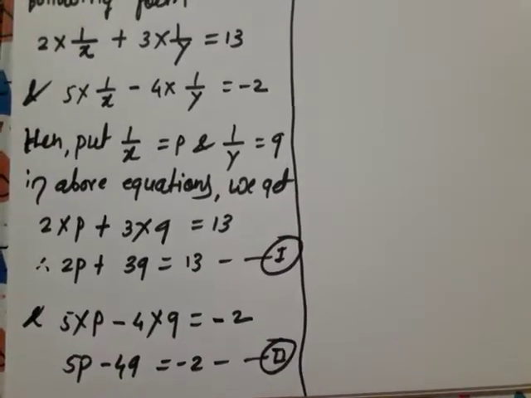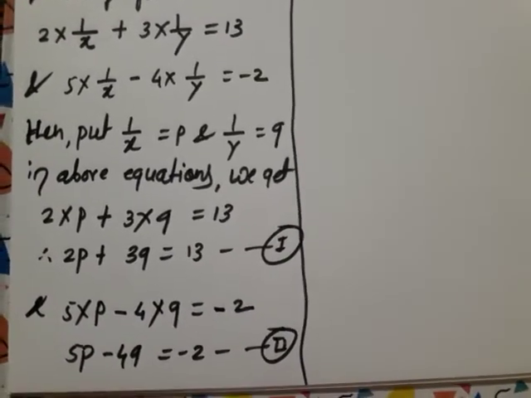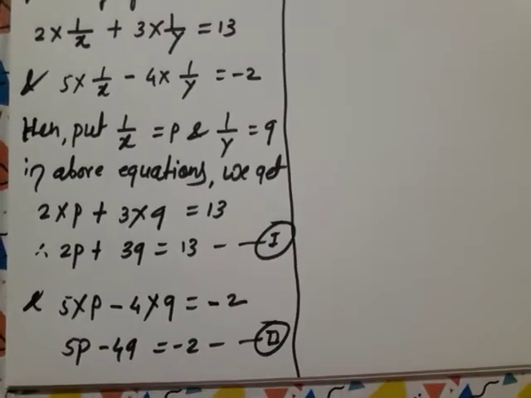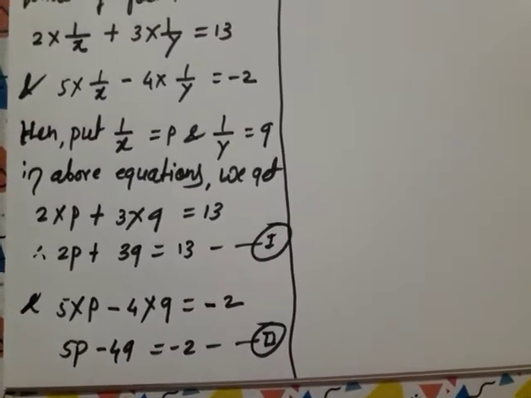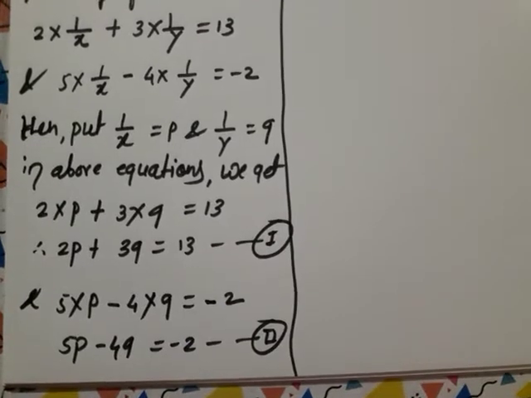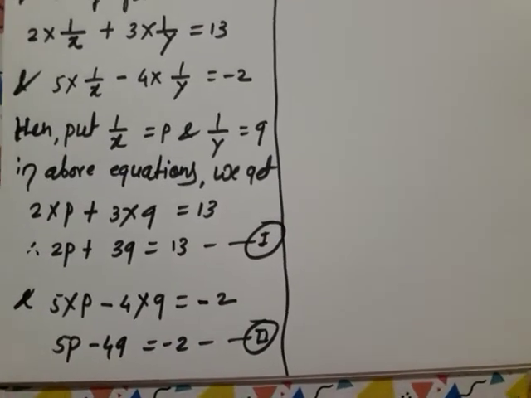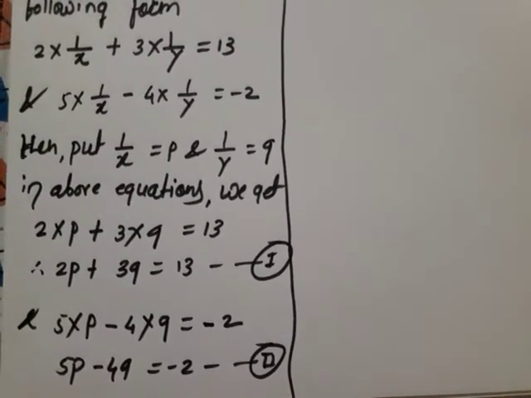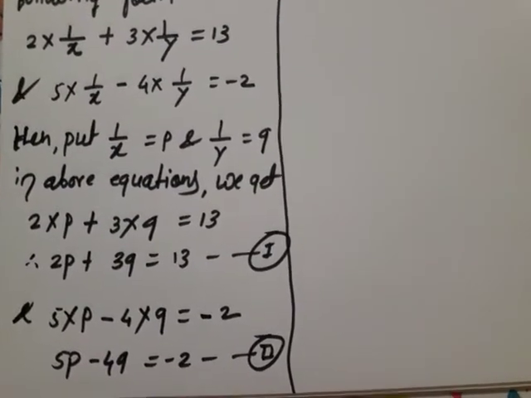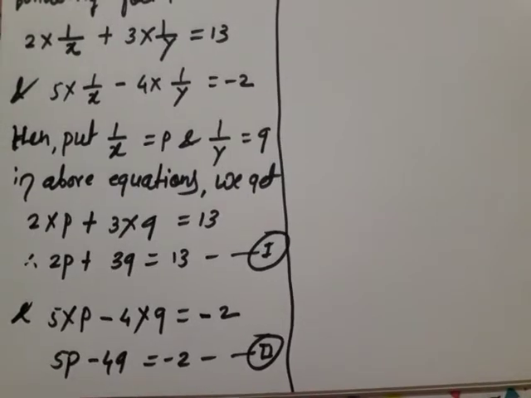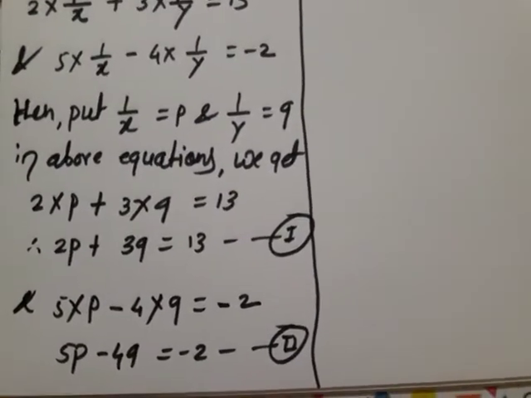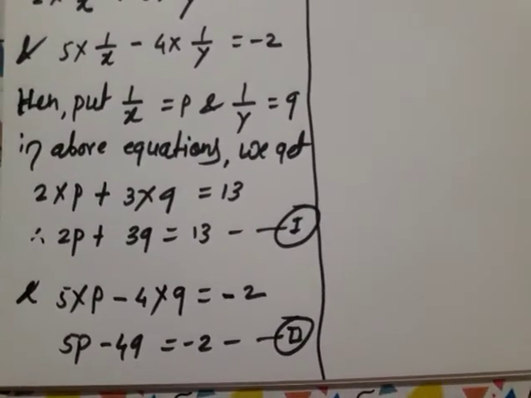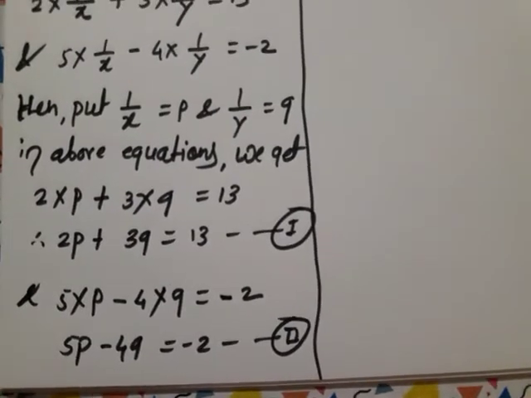Now after getting those two equations, you are free over here. You can solve those two equations by using any method. You can use substitution, elimination, or cross multiplication. Any method you have to select. Okay, I have decided, I am going to make the coefficients equal. When I make the coefficients equal, I want to eliminate the variable.